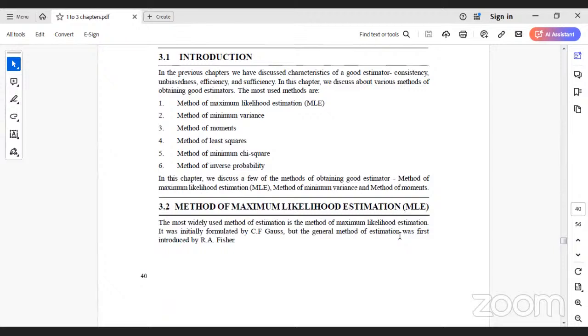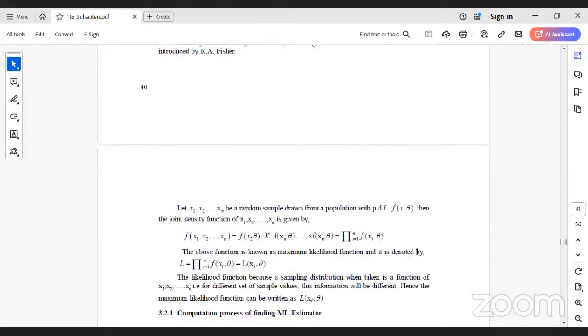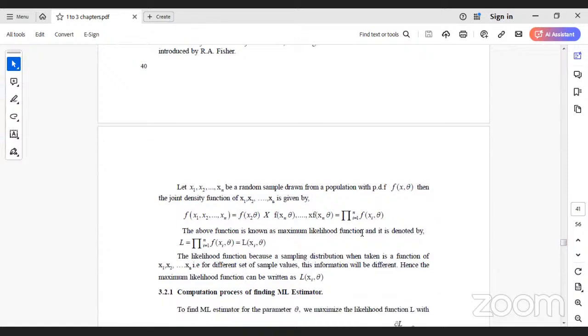The most widely used method of estimation, maximum likelihood estimation, was initially formulated by C.F. Gauss, but its general method was introduced by R.A. Fisher. Let x1, x2, x3, ..., xn be a random sample drawn from a population with a probability density function f(x, theta). Then the joint density function of x1, x2, x3, ..., xn